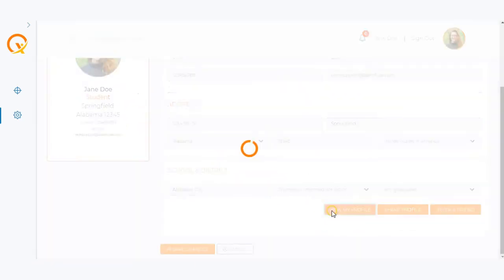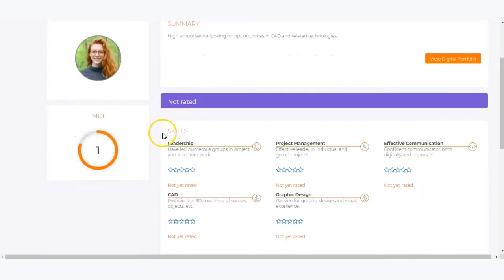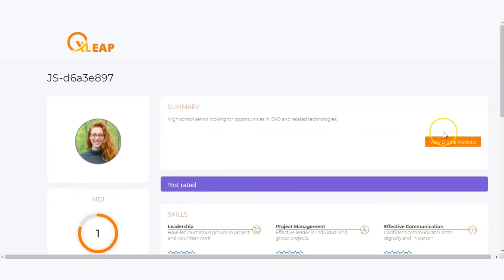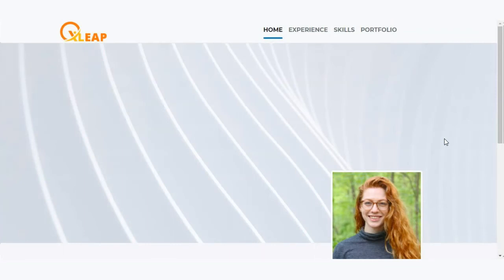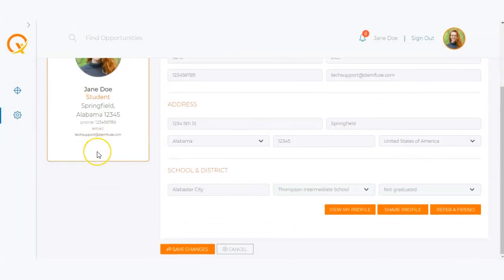So this is what they will see. They will see your profile, which contains your summary, skills, and so much more. And then they can access your portfolio via this button here, which will allow them to see any portfolio artifacts and so much more. So that is how you can share your XLeap profile and portfolio with others using that